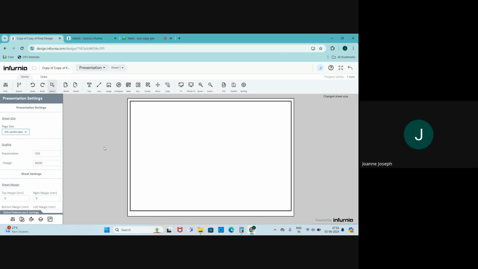Now we have something called sections. Sections is a very useful tool for aligning objects and locating them in certain parts of the sheet. So when I select the section icon over here in this toolbar,